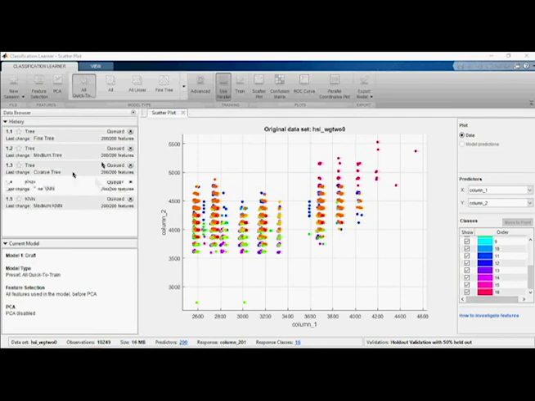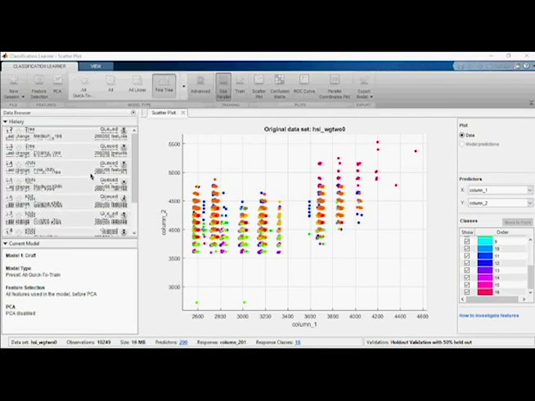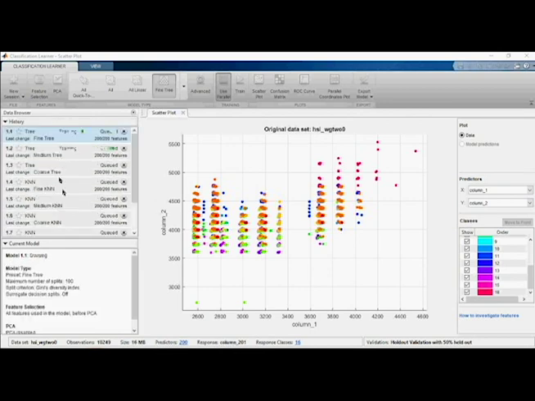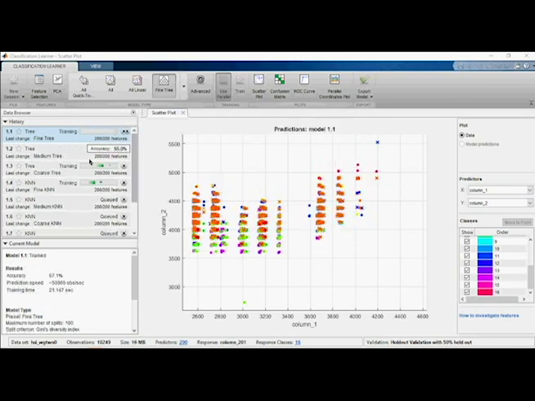As you can see now, it is listing all the quick to train, around 21 to 22 classification models. It will also tell you the accuracy obtained by the current classifier. It is training, and it will predict on the 50% testing data, because we have held out 50% of the data. Here, as you can see, there is a tree which is producing 67.1% accuracy, and this coarse tree is